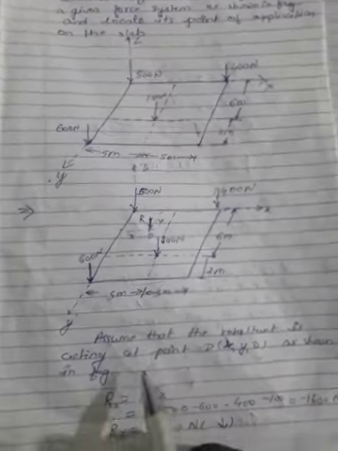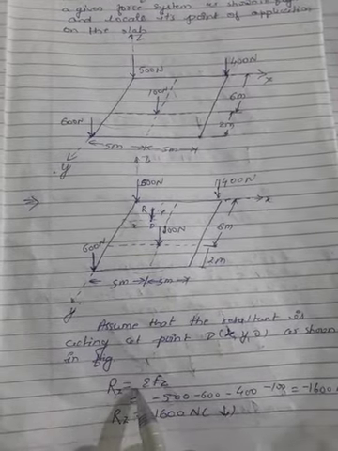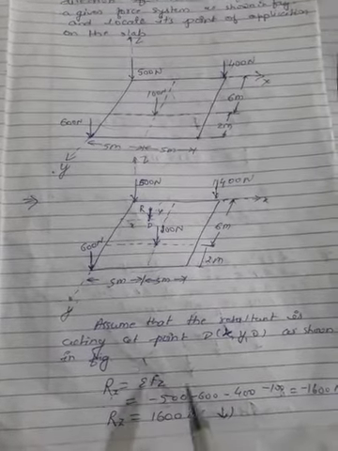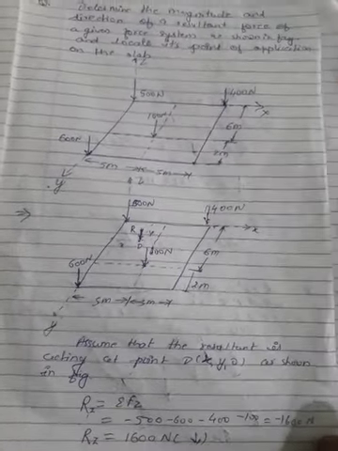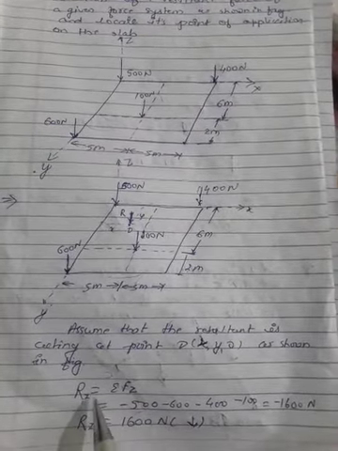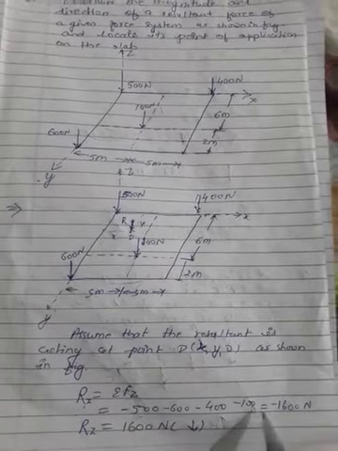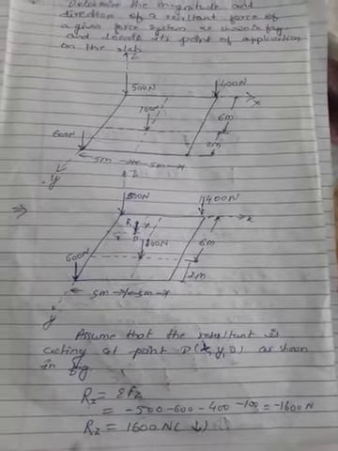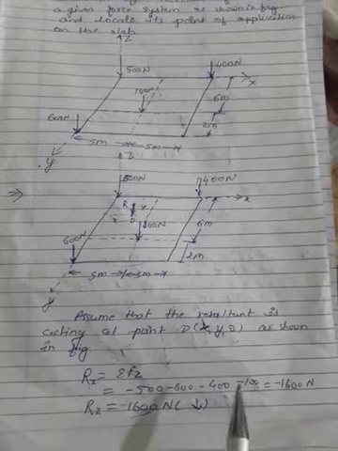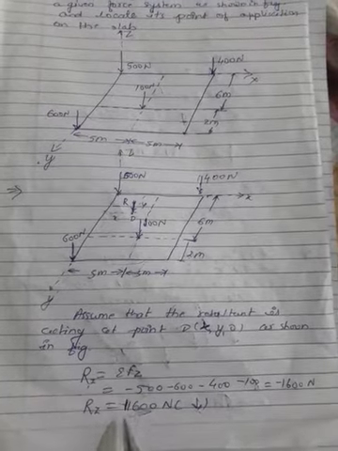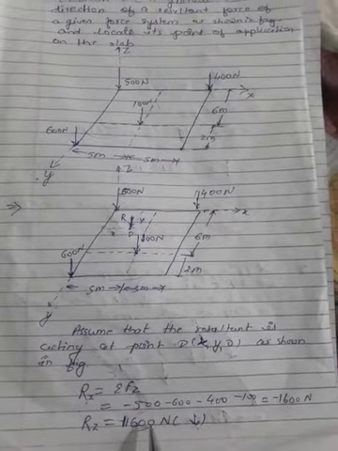As all forces are vertical, meaning in z direction, you will get the resultant in z direction equal to summation Fz. You can directly calculate the resultant here. You need not calculate summation Fx, it will come to 0. So I am applying summation Fz here. All forces are in negative z direction, so minus, minus, minus, I will get minus 1600 Newton. I am writing it as positive and showing the direction, so that's why I removed the minus sign. So it will come to 1600 Newton in downward direction, Rz. So I have calculated the resultant value.